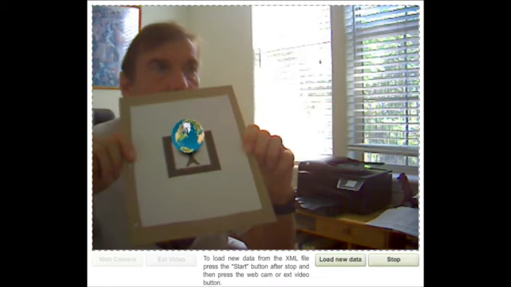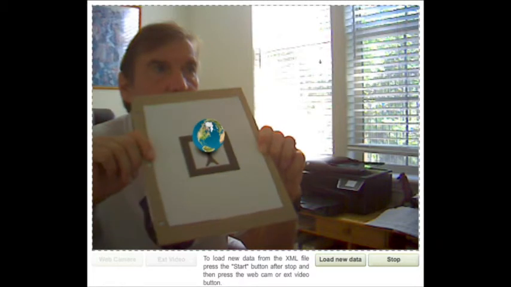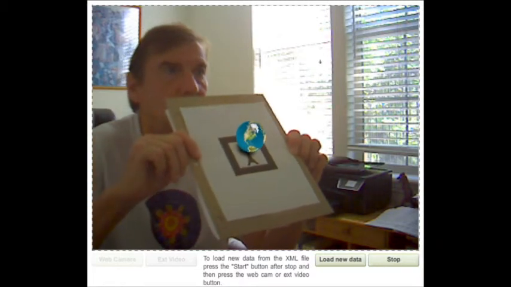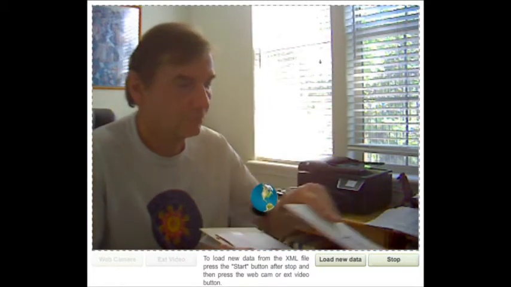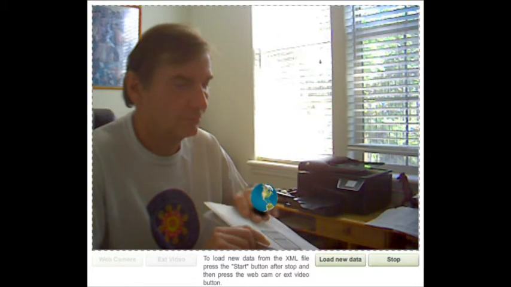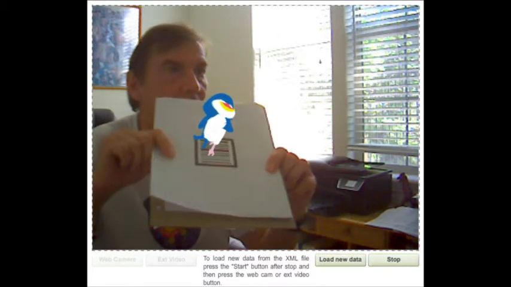The tower pulls up the Earth, and the barcode pulls up SMAPI.